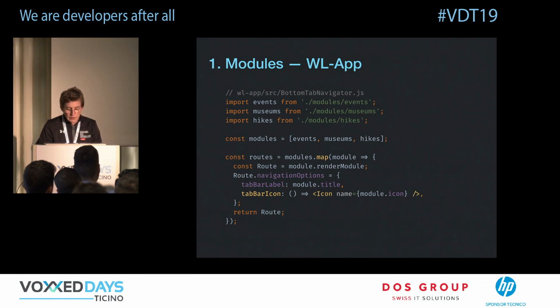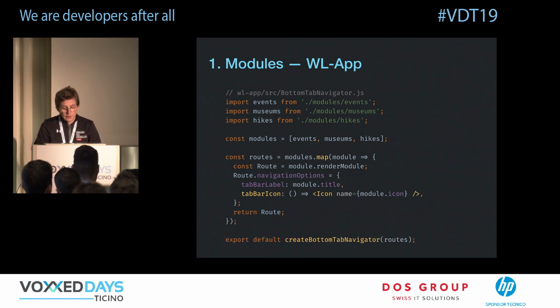We are gonna see in the bottom tab navigator, and then we are gonna instantiate the bottom tab navigator with any React library we need. It can be React Navigation, React Native Navigation, whatever you need. I'm not going to use any in particular here. And okay, we see here we are generating our navigation system, but